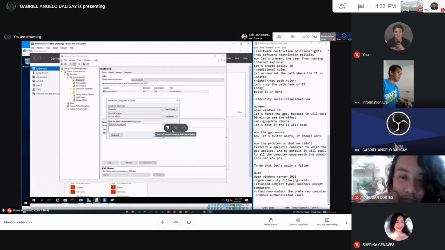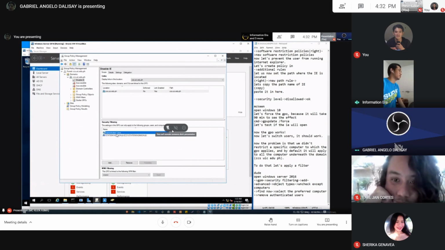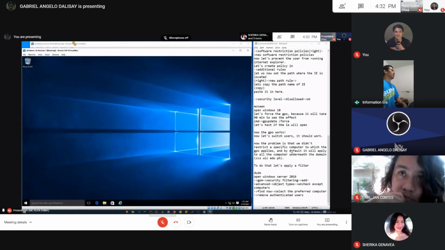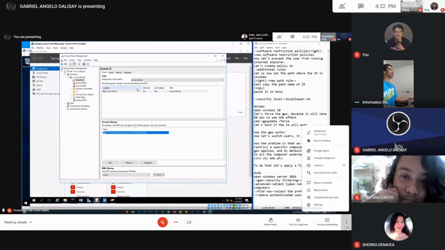And after that, remove authenticated users. As we can see, the authenticated users here are to be removed. Okay. So I think that's all of it. Only this station will now be prohibited from accessing Internet Explorer, and all of the stations